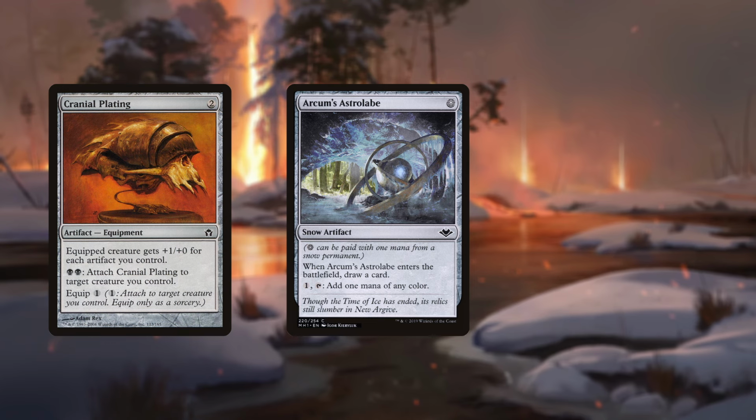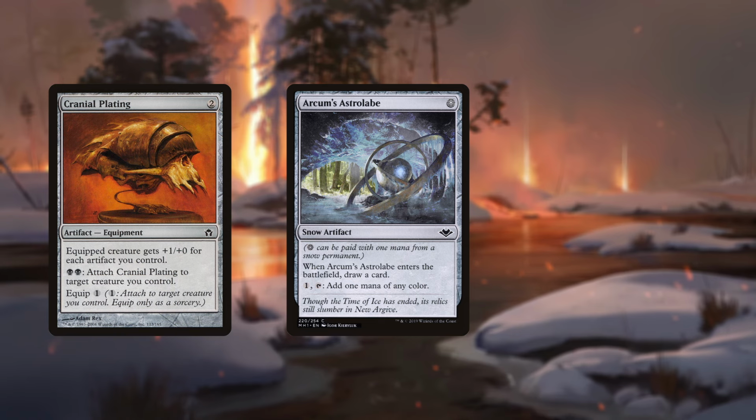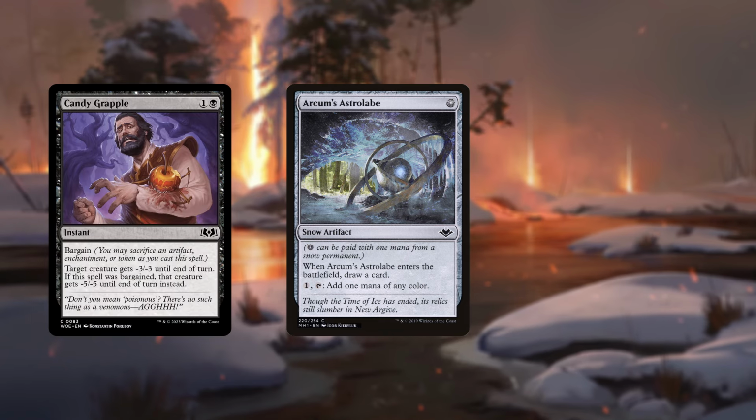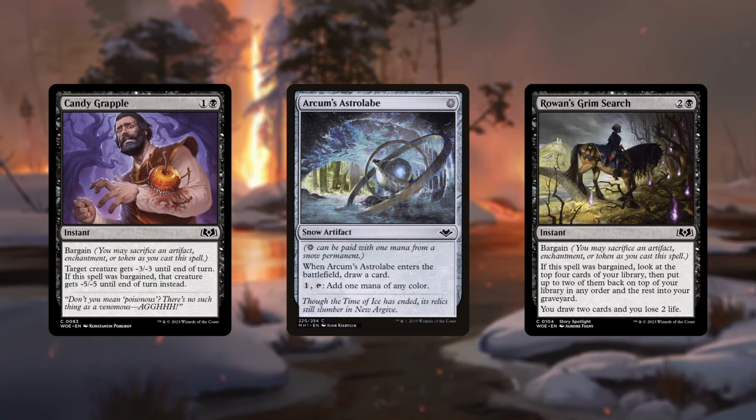Cranial Blading doesn't need a lot of help to allow you to deal some serious damage, but Arkham's Astrolabe doesn't require very much from us either, and I think it's effortless synergy like this that is at the heart of what makes the best decks the best. Candy Grapple and Rowan's Grim Search allow you to sacrifice Arkham's Astrolabe to bargain, and each have very respectable abilities